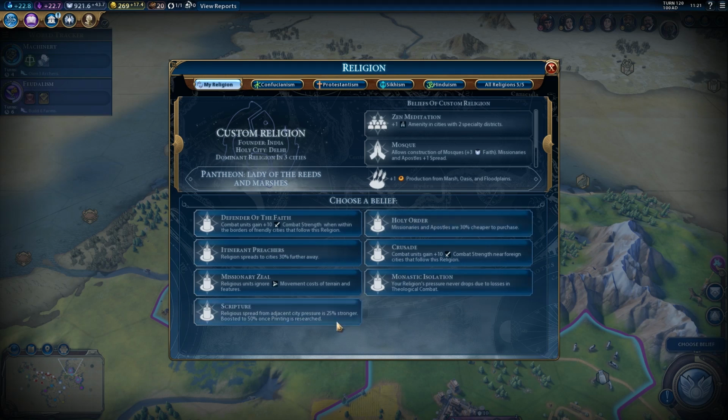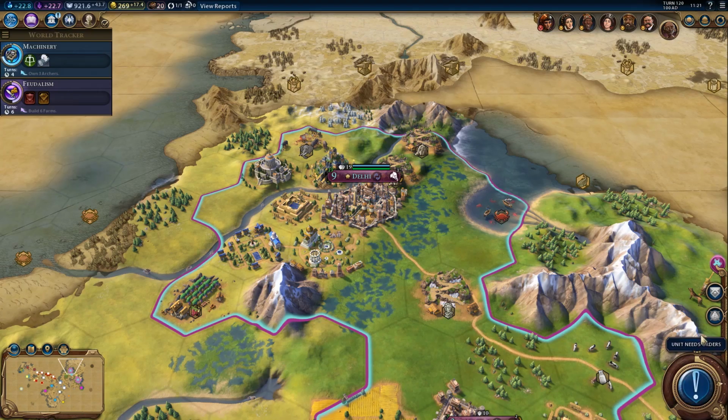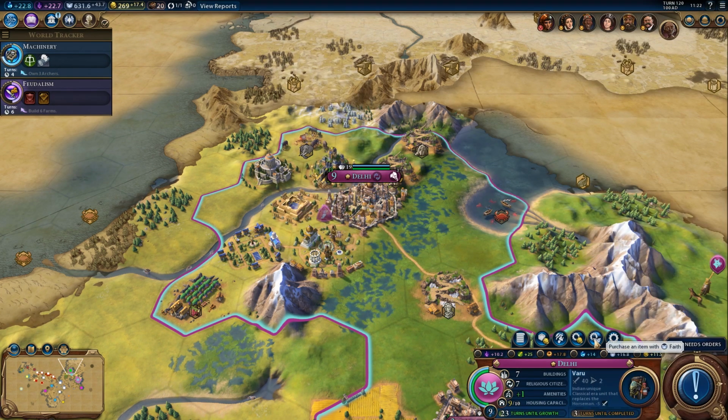But I really do like the thought of having this better pressure. So we're going to go for scripture on this one. I'd like both of them, but, you know, that can't happen. So we have a fair bit of faith. What we're going to do is purchase a few more apostles. And the reason we're going to do that... in fact, I'm going to purchase this one just so we can start the Inquisition. On the other one, I'm going to wait until we've got the...